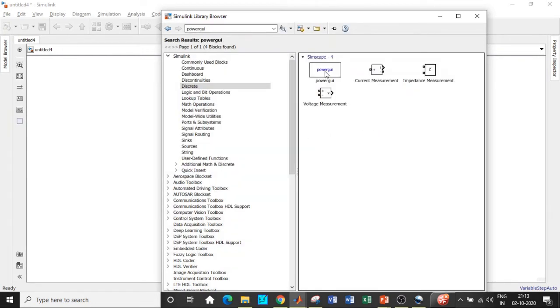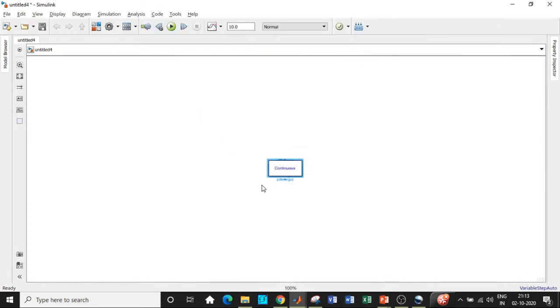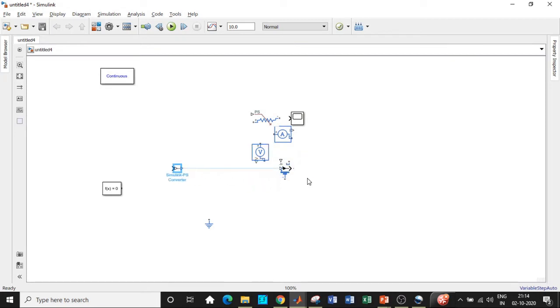So once this is done, we also need a PowerQueue block because we're using Simulink systems as well. So it again acts as a compiler with respect to the black blocks that are there. When I say black, these are the black ones that are there. So add this block as well. So we have added the blocks with respect to the solar PV modules. At the first place, let us start with constructing that. I'll be placing them in appropriate position so that we can get started. So once that is done, let us focus on the next part of the circuit.